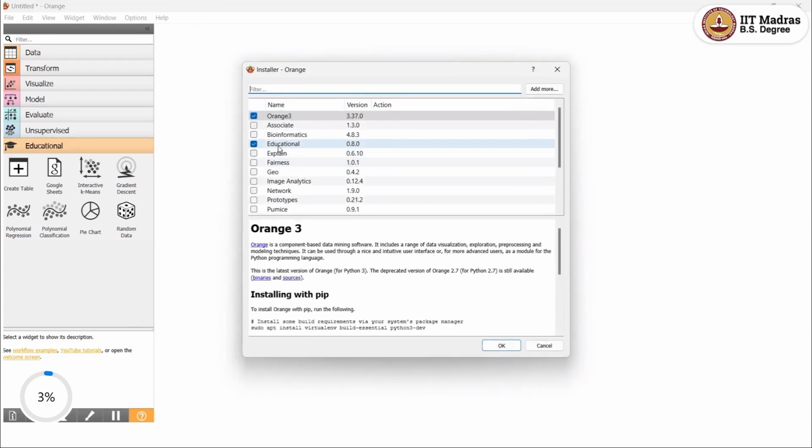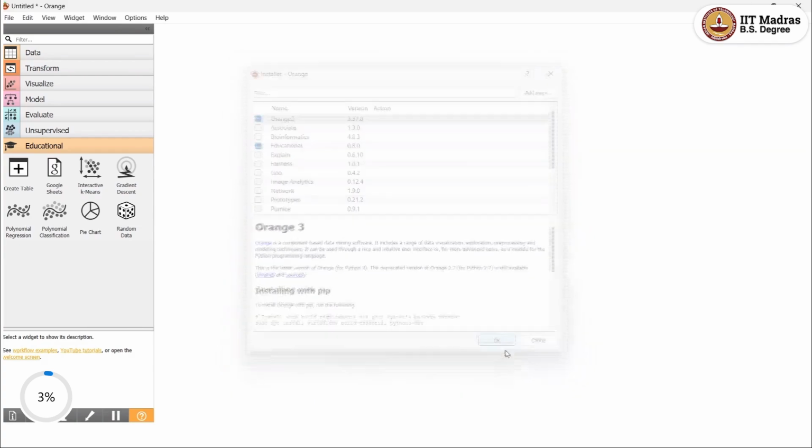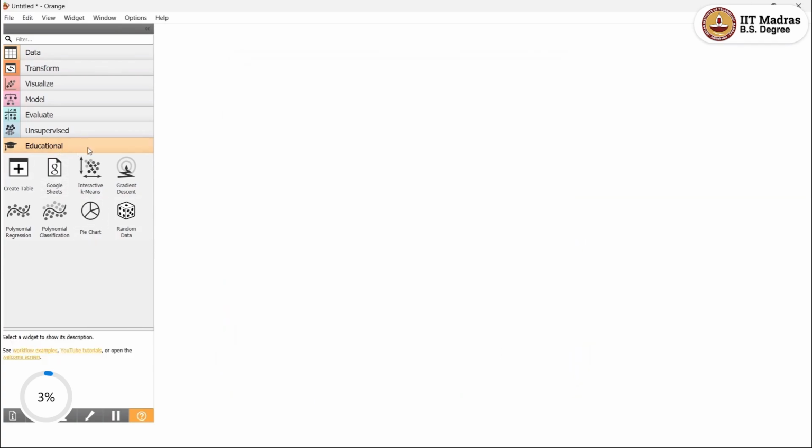Hello everyone, welcome. In this particular video, we are going to learn how we can implement the k-means clustering algorithm using Orange. To do that, first we are going to go to Options, click on Add-ons, and then here you can select this Educational tab, and then click on OK. Once you do that, this Educational tab appears on the side, and we can make use of it to learn